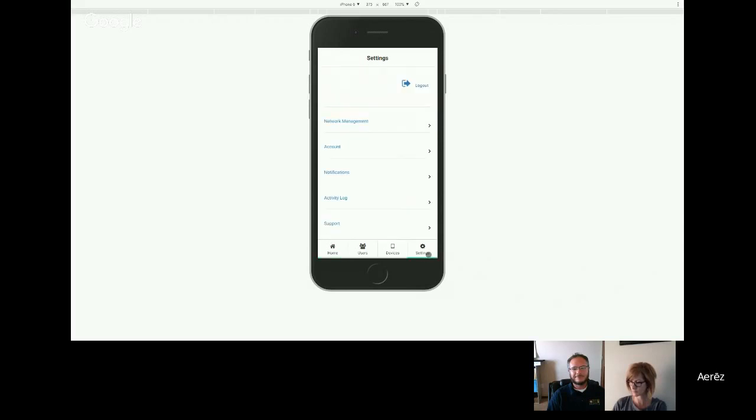I want to go into the Settings tab just for a moment to give you a quick overview of some areas that you might need to interact with. Most importantly, I want to point out the support area. We're in beta, as you know, and we look forward to any and all feedback that you can give. So we've provided 3 locations within the app for you to do so. The first one being the email icon. If you click that, it will open up the email client of your phone or desktop, and you can send us an email. You can call us on the 800 or toll-free number listed here,